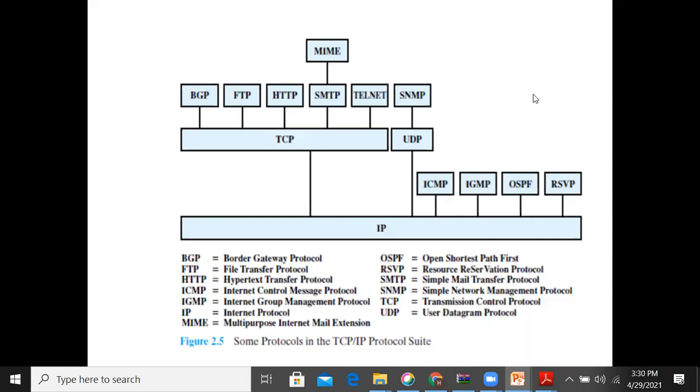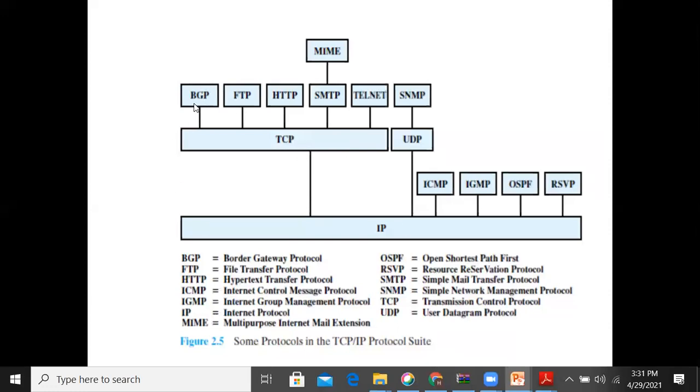Here you can see the different protocols used at each layer that are mentioned. We should know the purpose of each one. Detail is not required as per your syllabus, so I will just tell you what each is.